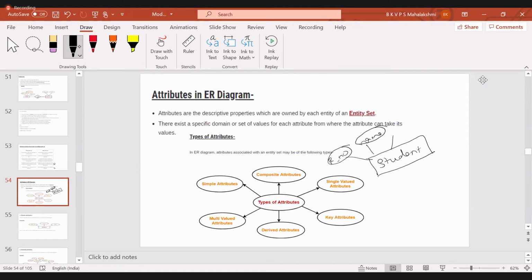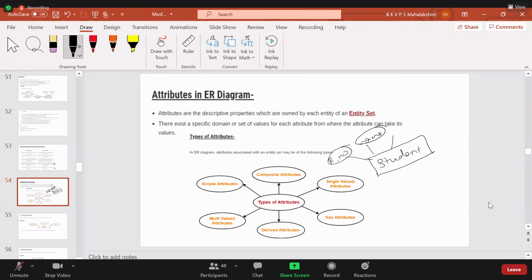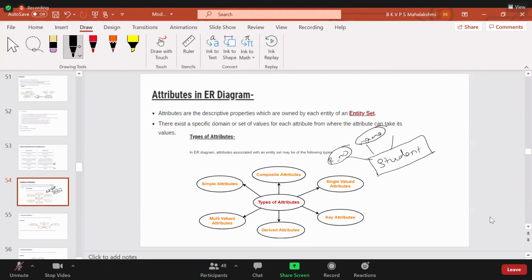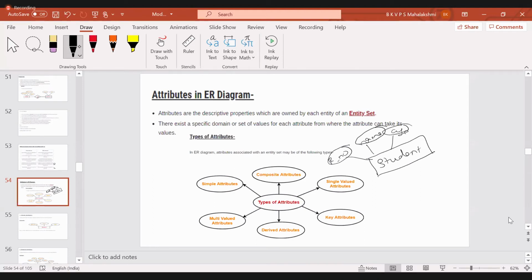Today I'll ask some of you to answer questions also. Simple ones. After I discuss this entity, I'll give you one more entity to tell the type of the attributes, so you have to listen carefully. Serial roll number, name, and age, and any other attributes? Phone number and email. Address. Yes, Sarath? Address, ma'am. Okay, very good. Address.